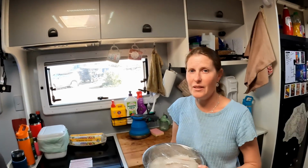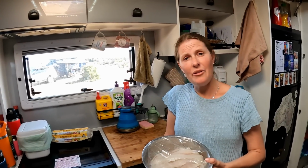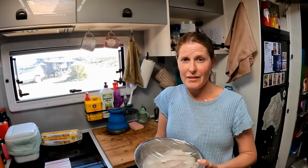We caught 11 total, but one of them had worms apparently when he filleted it, so we've got 10 fish here. They were ranging between 35 and 42 centimetres, so good size. Really good size. Alrighty. And they even went back out on the boat with the Howards and cleaned up on